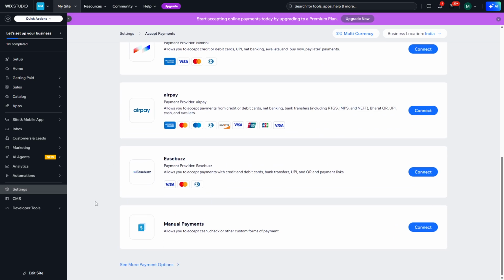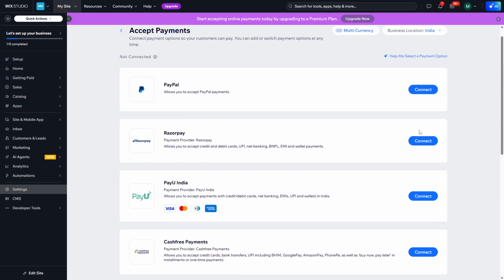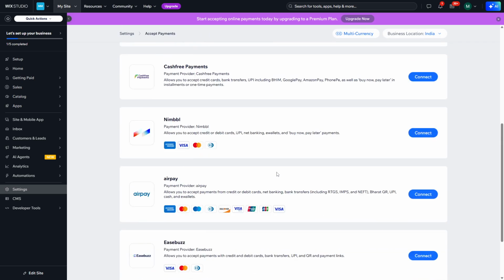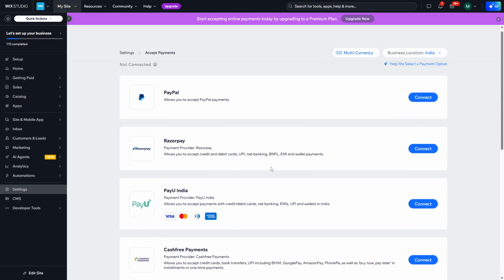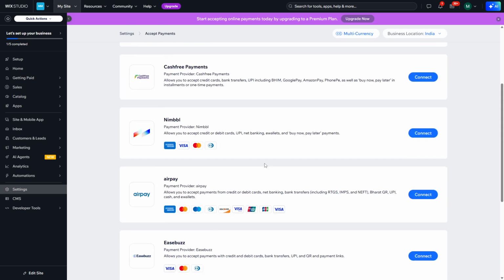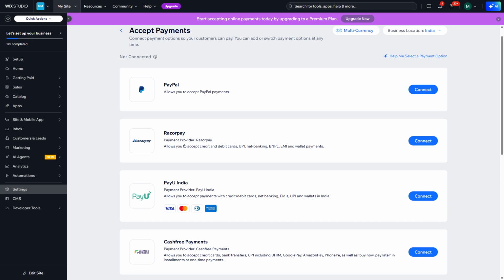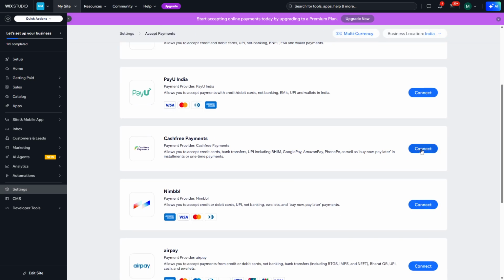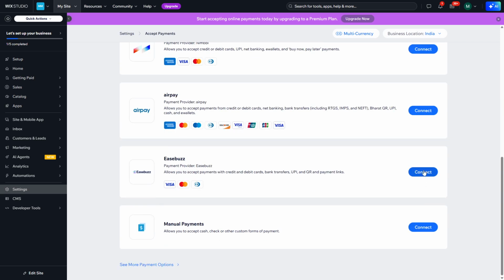On the Accept Payments page, choose a payment provider to process your transactions. Providers could be any one of the numerous available options, like Stripe or PayPal. After selecting your provider, connect it to your Wix site. This will ensure that your transactions process smoothly via this chosen channel. Now the groundwork has been paved for your transactions, and it is time to move toward integrating the payment form